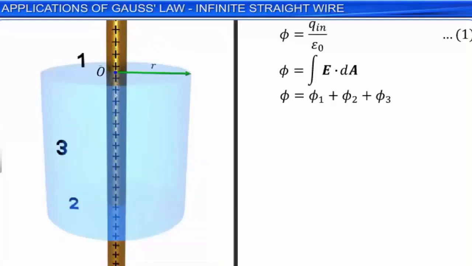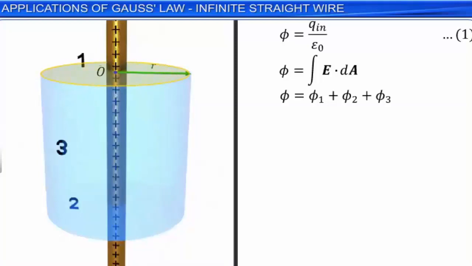Surfaces marked 1 and 2 are the circular surfaces of the Gaussian cylinder, and the surface marked 3 is the curved surface of the cylinder. Let us now calculate the electric flux through surface 1, which is the flat surface of the cylinder. We know that the electric flux phi 1